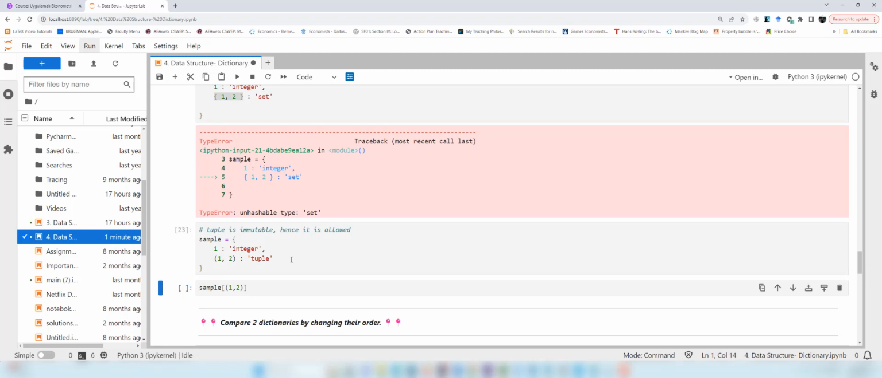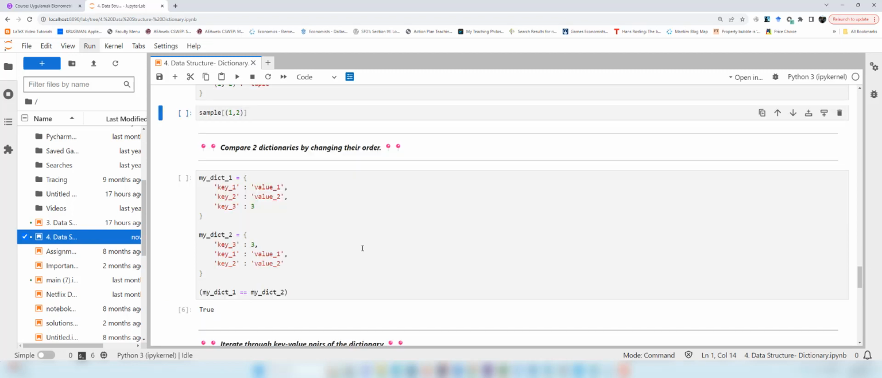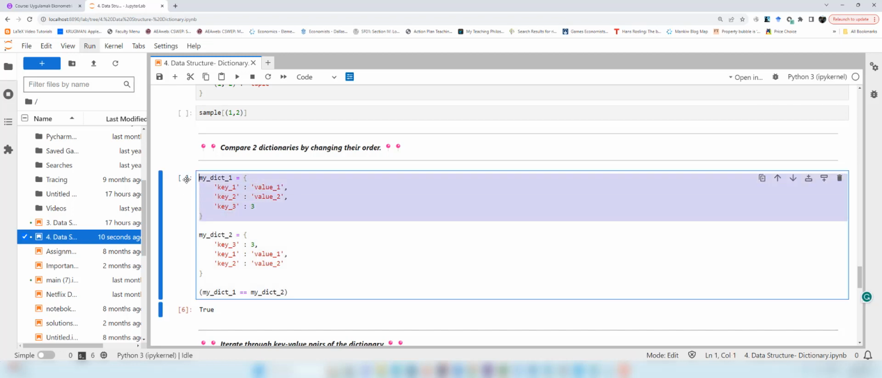is immutable. So another interesting feature about a dictionary is that because it's an unordered data structure, you can compare the same dictionary by changing the order of its elements and it will still work. So this is dictionary 1, as you see here. You have key values 1, 2, and 3. And you change the order of it. Key value 3 is the first one now. And if you want to check whether they are the same thing, using the double equal to symbol,